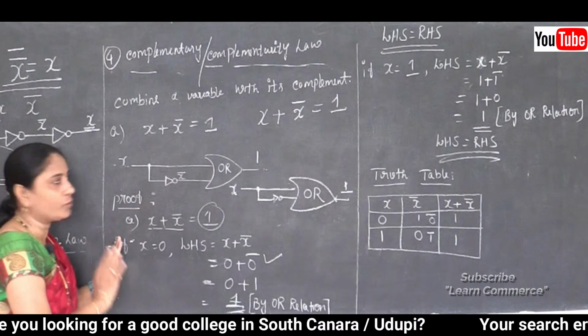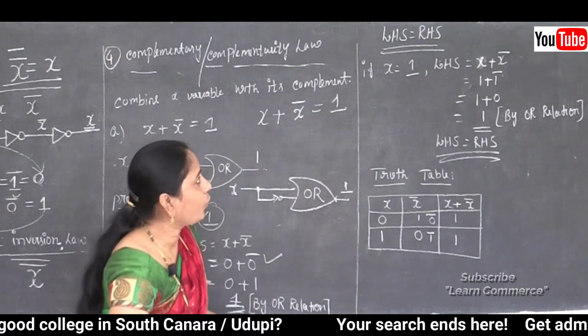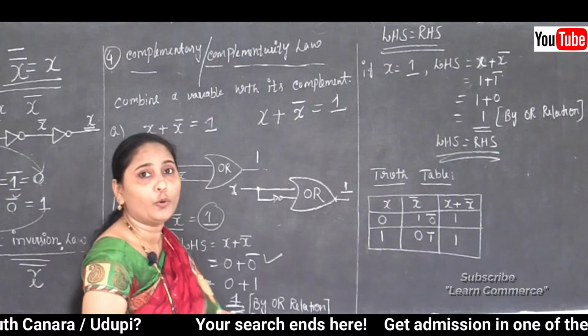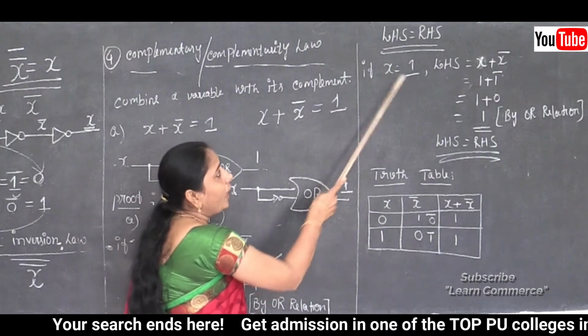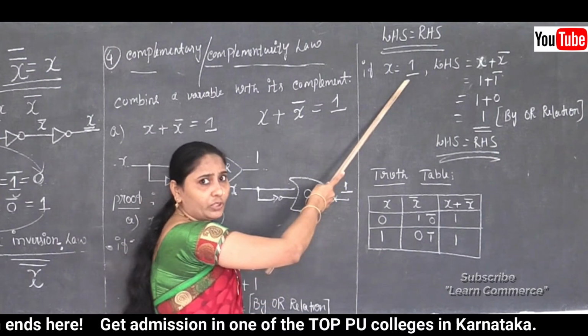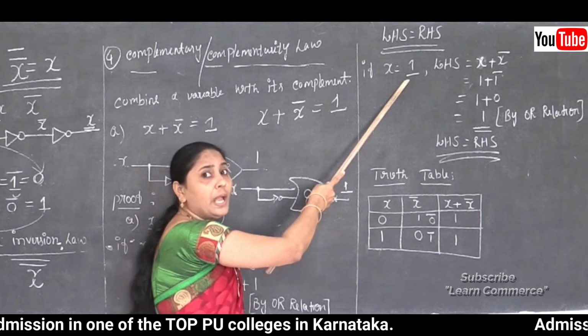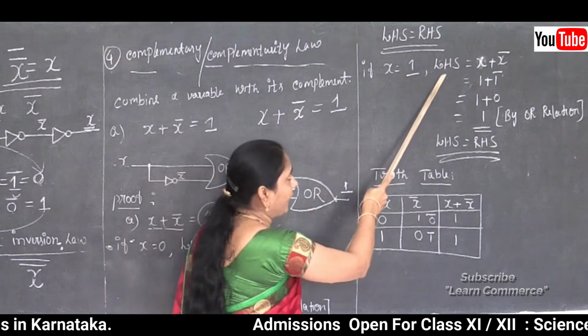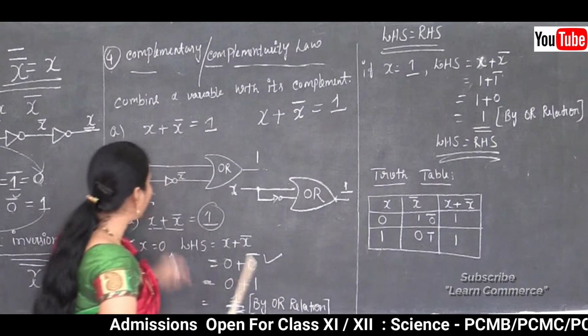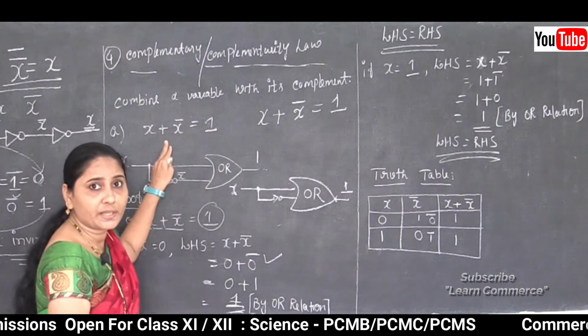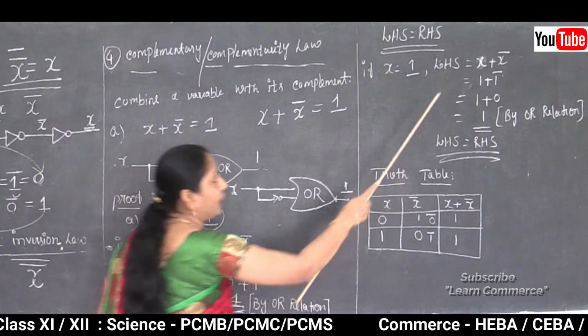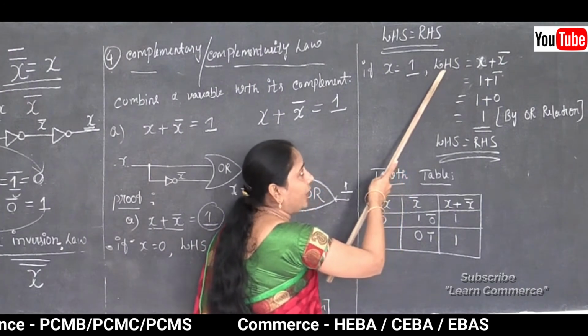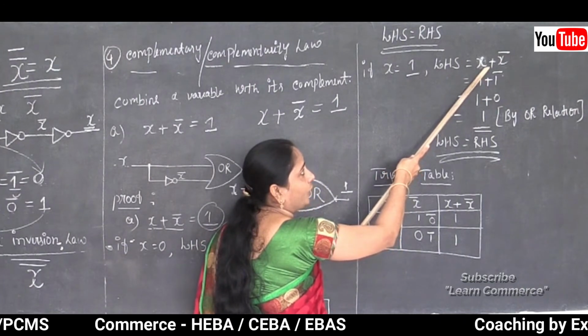Now let's see, using the value x equal to 1, whether it is going to prove or not. Now if the x value is equal to 1, we know the value of x. Now I just change the value of x to 1 here. Left hand side, we know that in our left hand side, which value is that? Complement of x. So the same thing, I am going to write the left hand side, x plus complement of x.